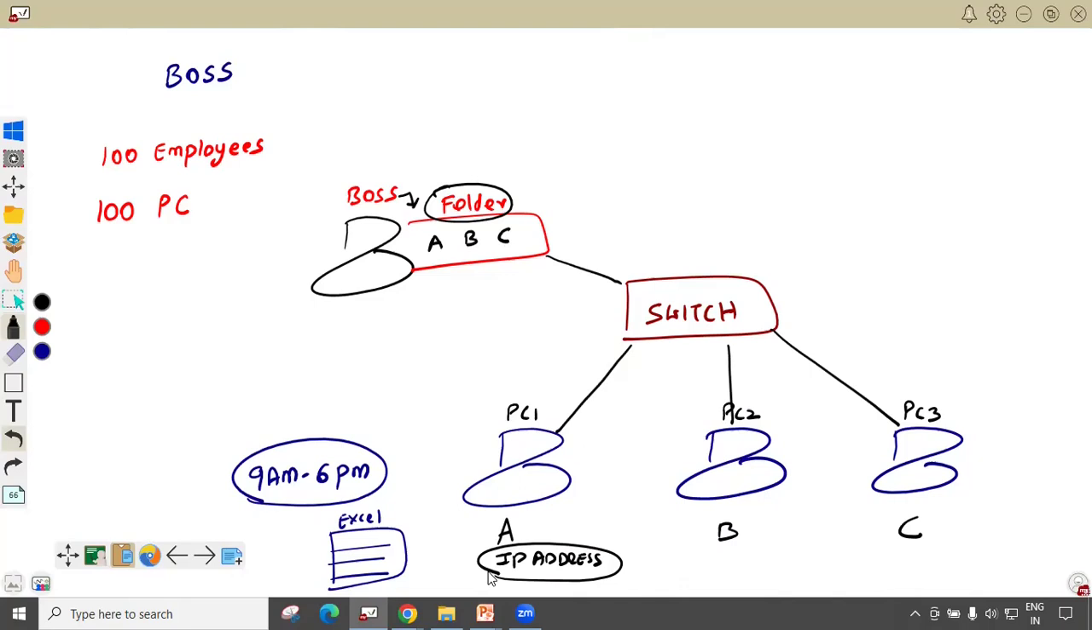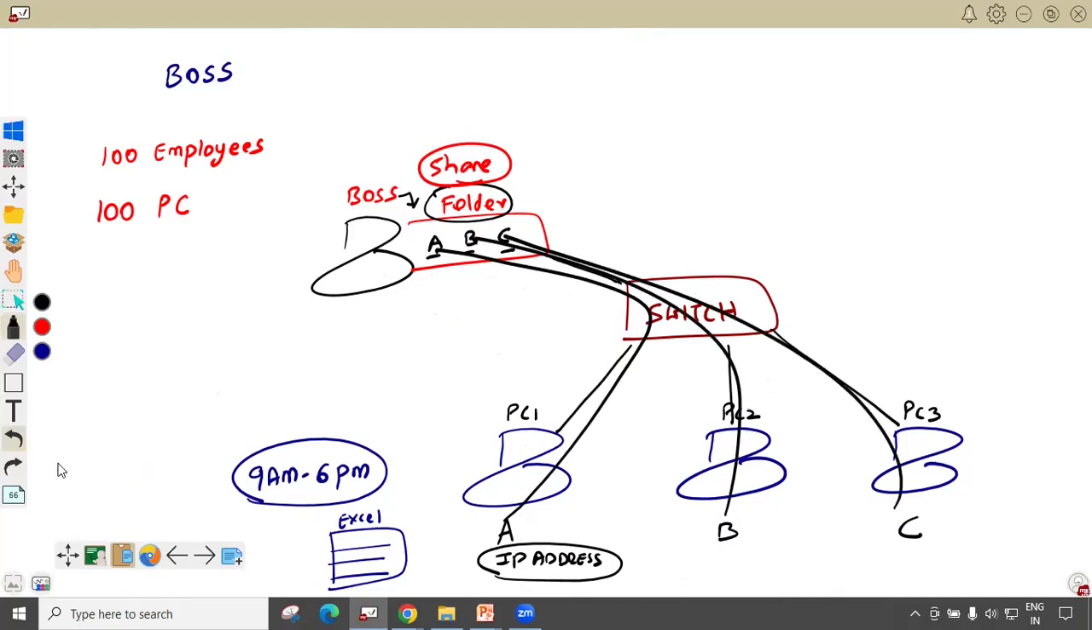Then take a switch, take LAN cables, give IP addresses. Then, my dear friends, because of this network, share folders can be created. This kind of folders in the company are known as share folders. Share folders can be created, and employees will be able to access this share folder. The boss will be able to access the share folder, and now they can put their Excel sheet there, and